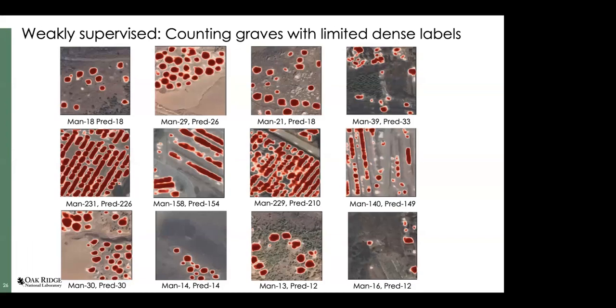Here's the other application that we did, which is understanding where mass graves are. Right now, there are a lot that are being discovered in Ukraine and Russia, and these things come and go very fast. There was a graduate student at University of Tennessee, which has a very strong forensic anthropology program. I was on her committee.